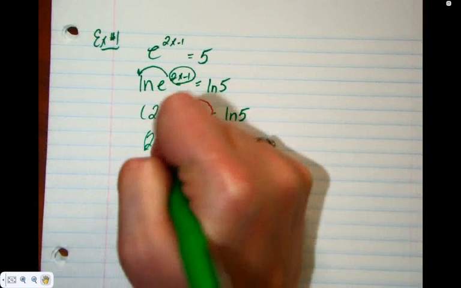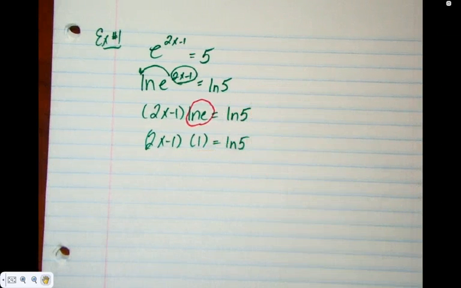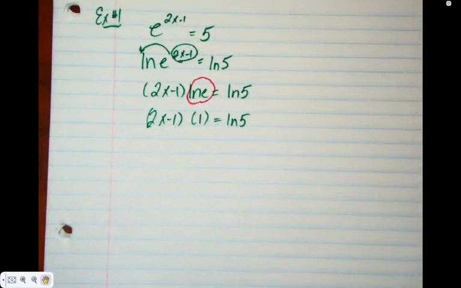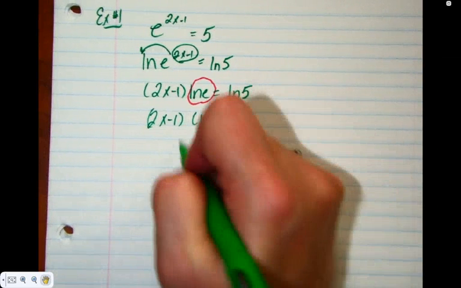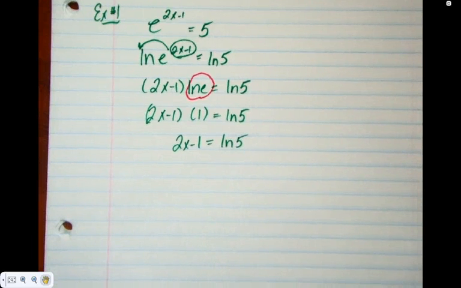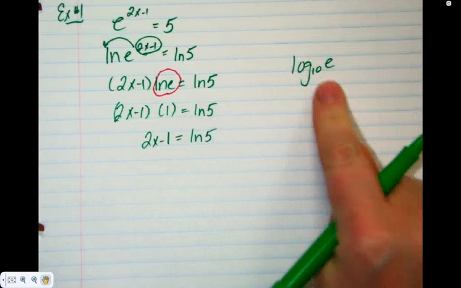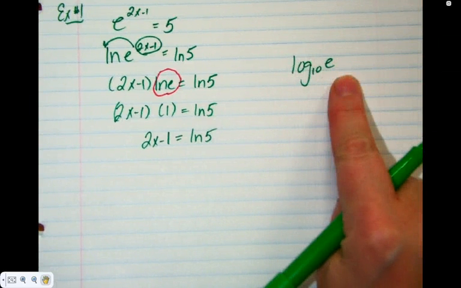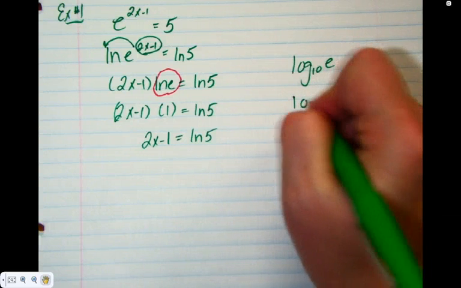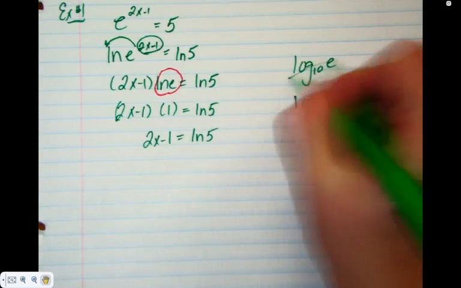So I'm going to just show that this was equal to 1, so when you look back, you know what happened to the ln e. In theory, it just made the question a whole lot easier, because now I just have 2x minus 1 equals ln 5. Wait, what's the ln? It's a different base. So if we were to look at this, that's 10 to the what equals 2.718. This is e to the what equals e, so it has to be 1.